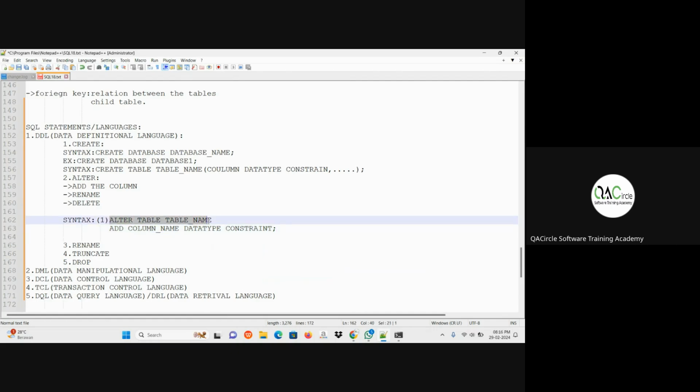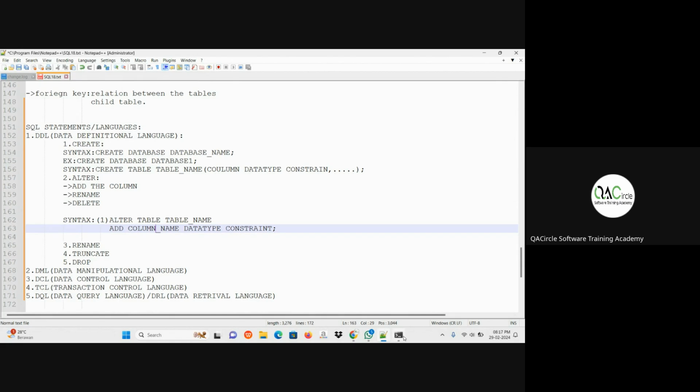So when you are asked to add a column to the table, using the alter statement you mention which table you are adding the column to, then use the add statement, and then mention the column name you need to add and which data type and constraint you are providing to that particular column.